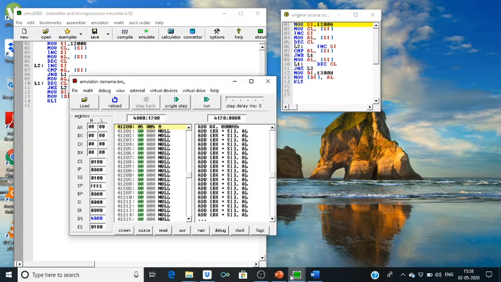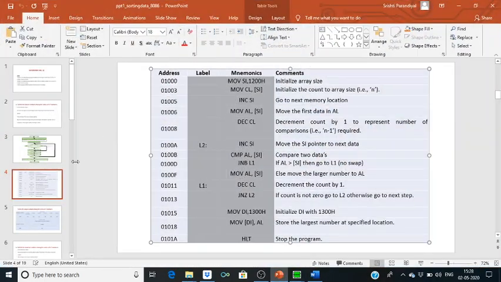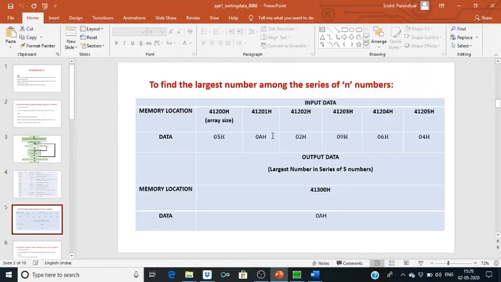Next, we are having 0a, 02 at consecutive memory locations.